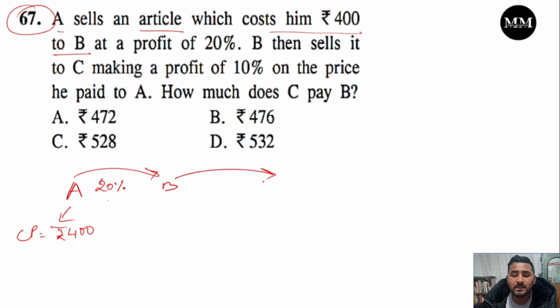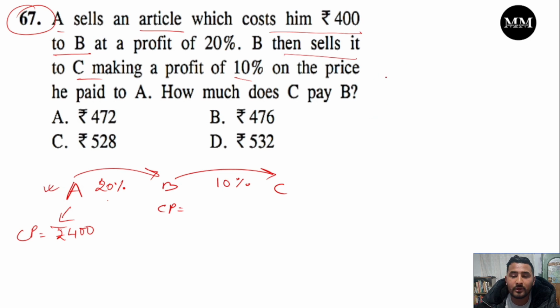Now again B then sells it to C. B also sells it to C, making a profit of 10%. Now he's earning how much? 10%. So we'll have to find the cost price for B first. We don't know the cost price of B. Without knowing cost price, how we'll find a selling price? Okay, so let's see. To find the selling price first for A,